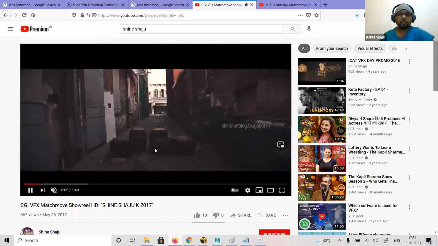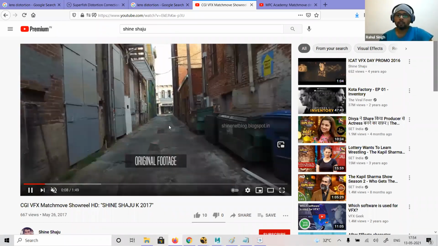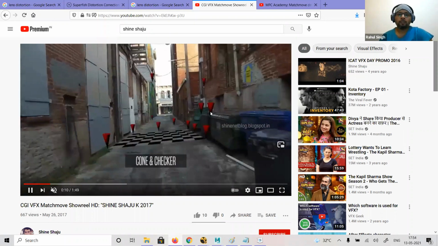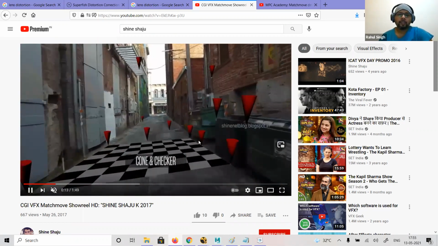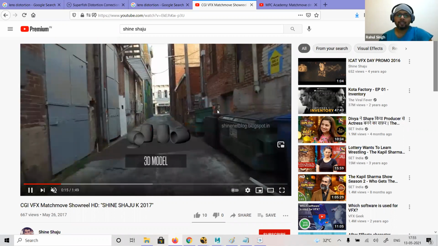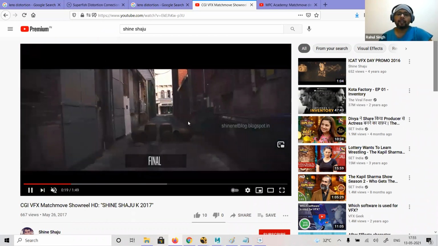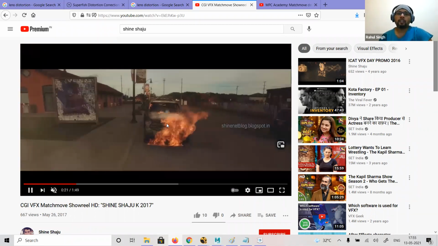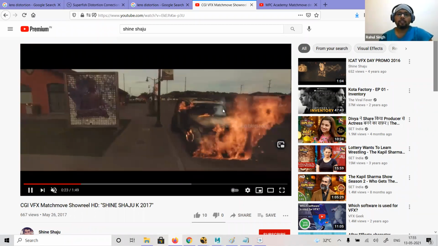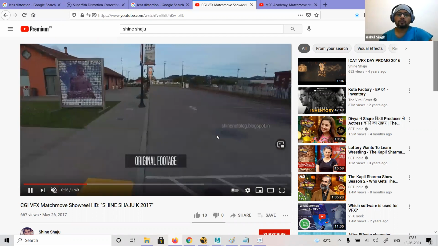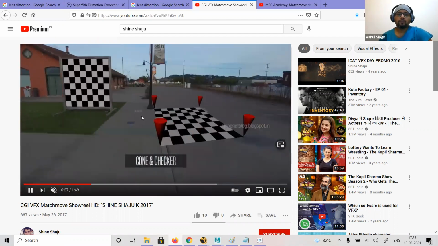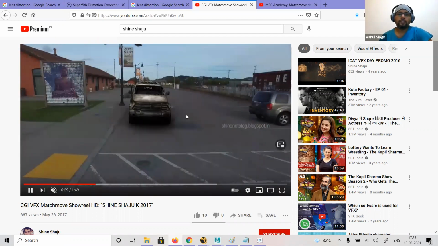So here you can see that this whole object is a CG object. It was not there. So with the help of this 3D tracking, placing the plane, using the corners to test whether it is correct or not, then putting it in, then lighting, rendering, then composition, color correction, and everything. Same way for this car also. See, both places had been changed.